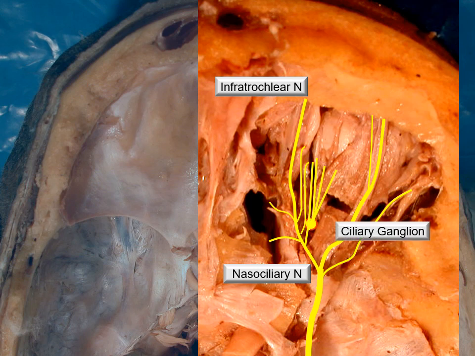Now that's the ciliary ganglion, to which the nasociliary makes a sensory contribution. I repeat, a sensory contribution is contributed by the nasociliary. The parasympathetic contribution doesn't come from the nasociliary. It comes from the oculomotor via the nerve to the inferior oblique. So that's the ciliary ganglion.